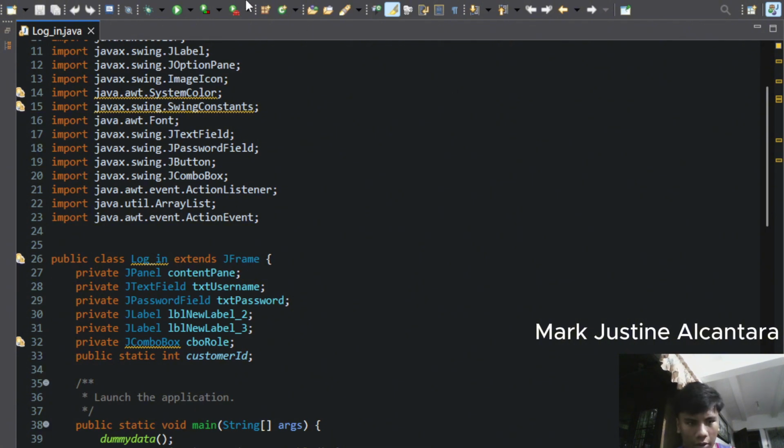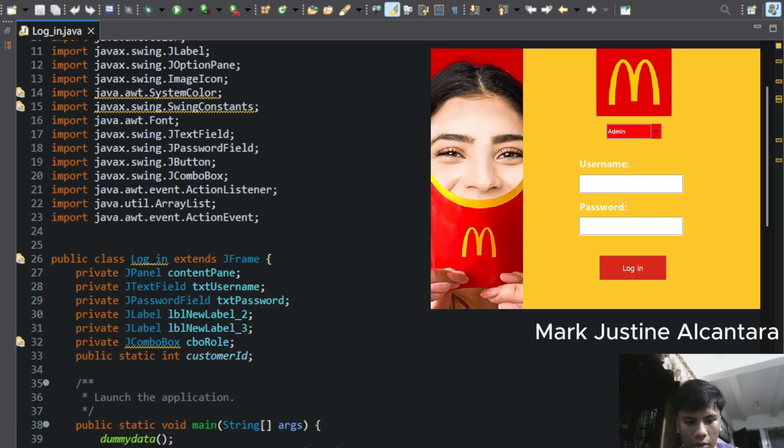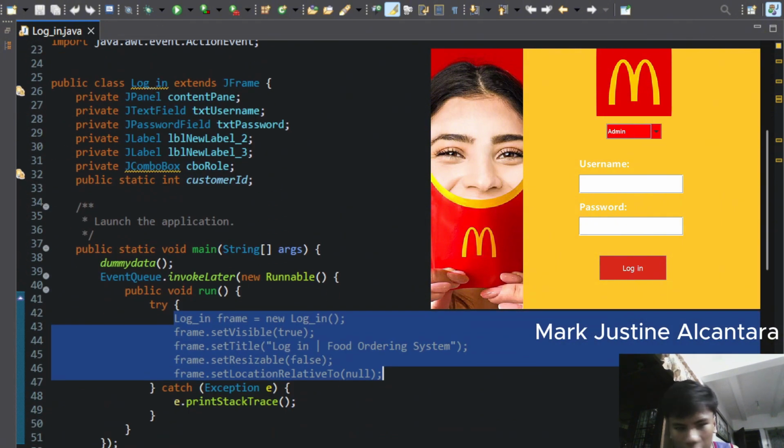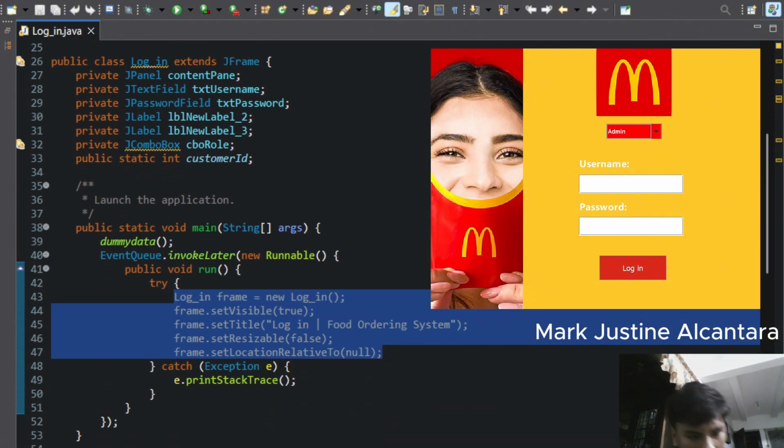Then we'll try to run the program. Yeah, that's the login page as we've run it. As you can see, this constructor is where the magic starts.